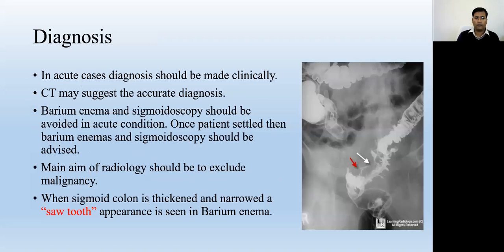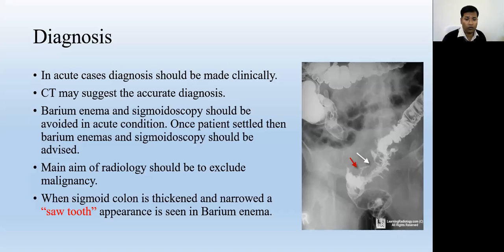So for the diagnosis, in acute cases, diagnosis should be made clinically. No interventions should be done to diagnose the case. Barium enema is the most accurate, or colonoscopy or sigmoidoscopy are the better investigation techniques. But these techniques, either sigmoidoscopy, colonoscopy, or barium enema, should not be undertaken in acute conditions. In acute conditions, CT may be advisable,